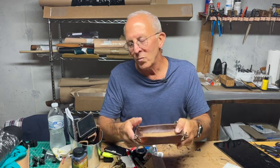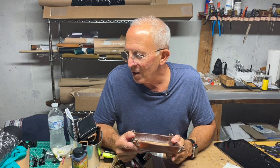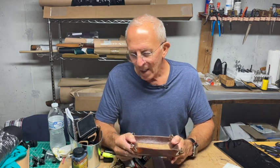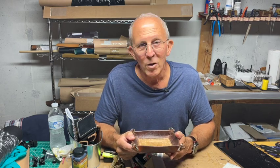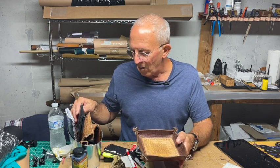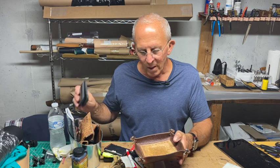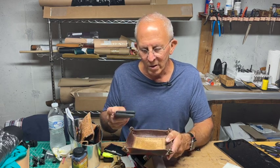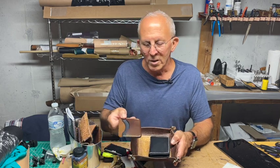So my very first week, how it started was I asked my wife for all these little hand tools for Christmas, threw them all in a box, and that's my Christmas gift. I got a few pieces of leather. I just ordered them. I don't even know what I was getting, and I just went at it. I had some time off from work around the holidays, and that's when I made this. Made 3 of these, me and my 2 boys. I made this wallet for tries. I did the first card holder,